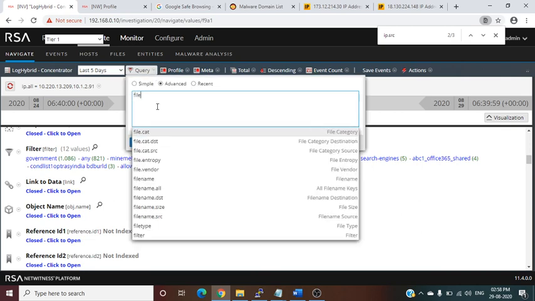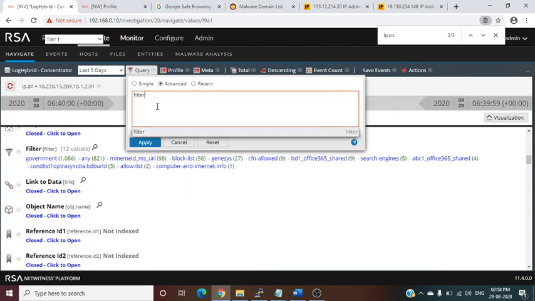Just we type filter equal to block list. The name should be exactly the same, which is here. Okay, if we click apply,